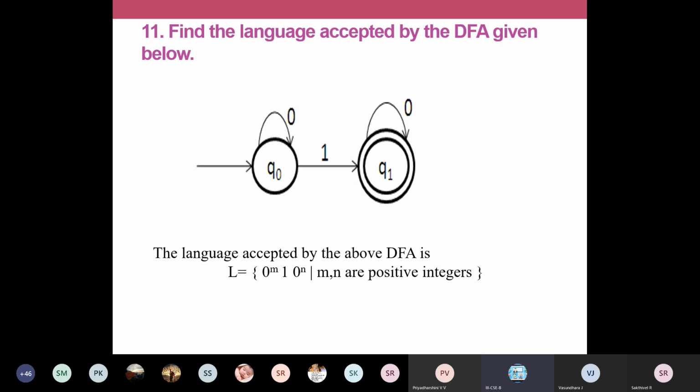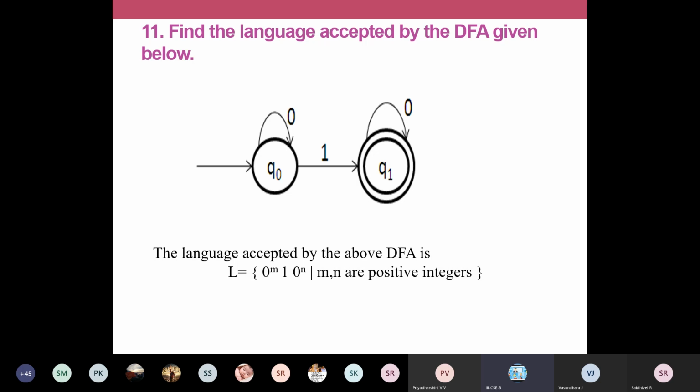Okay, so in Q0, on reading a 1, I can go to the accepting state. That will be the smallest possible string. Other strings, if you're analyzing, you'll have 1 0, or 0 1 0, or 0 0 0 1 0. In all the cases, you will have exactly one 1 in your string, with some number of zeros on either side of this one. If you're giving a statement, you can write like that. Your strings must have exactly one 1 with n number of zeros on the left side and m number of zeros on the right side. That will be your language.